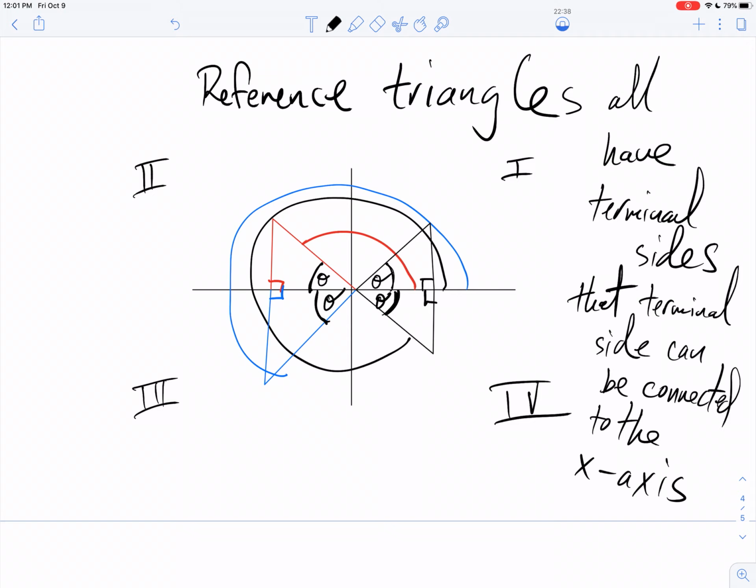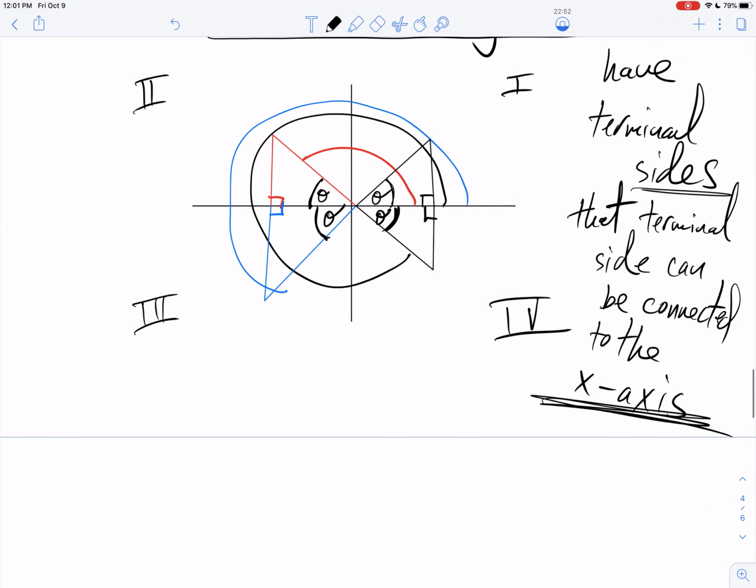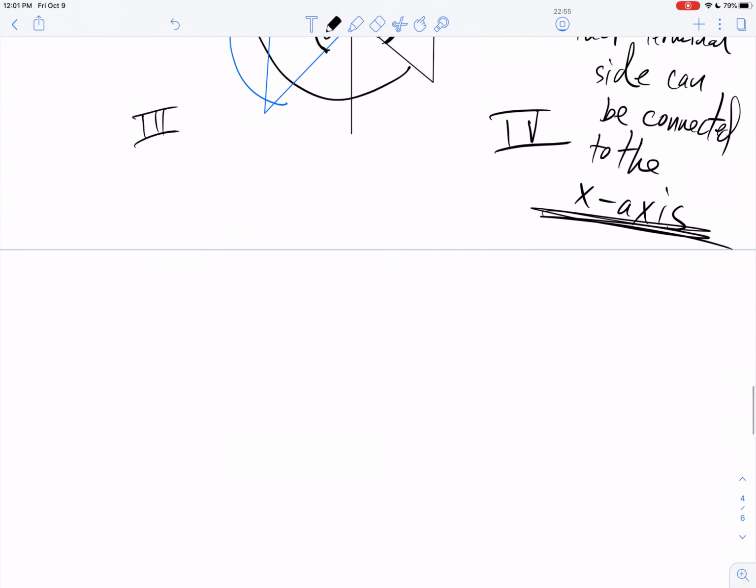Okay, so here's the thing. Reference triangles all have terminal sides. That terminal side can be connected to the x-axis. Don't ever connect to the y-axis. You will get the wrong answer every time. So here's how I remember it. For reference triangles,